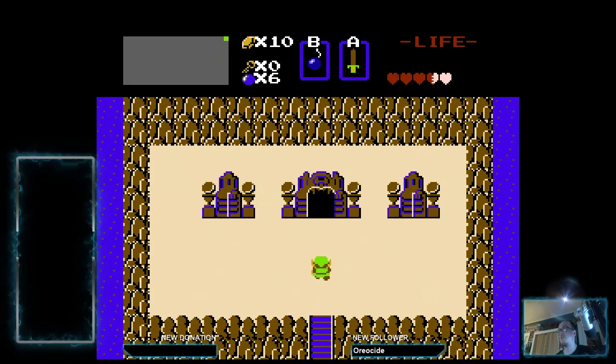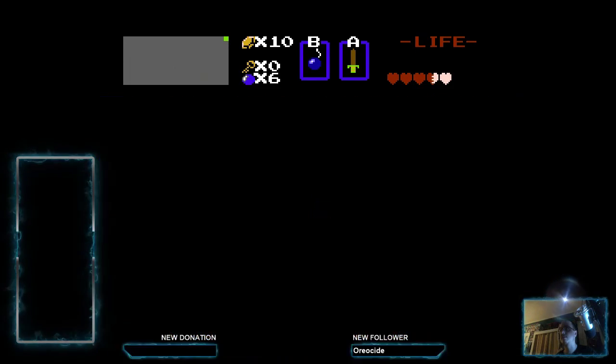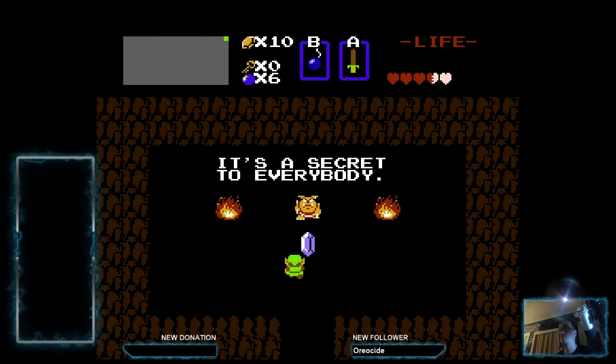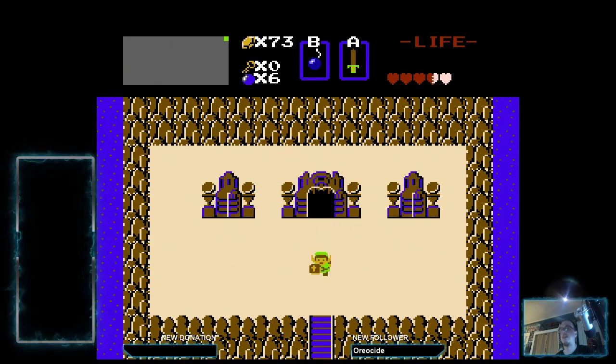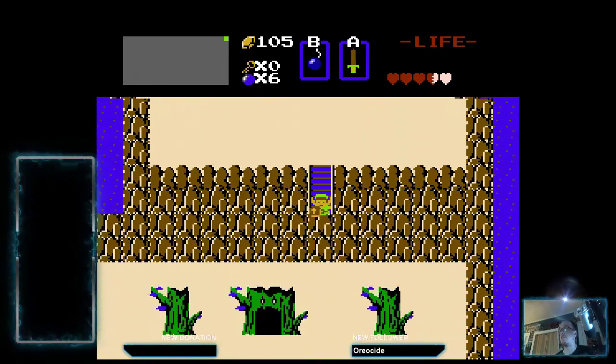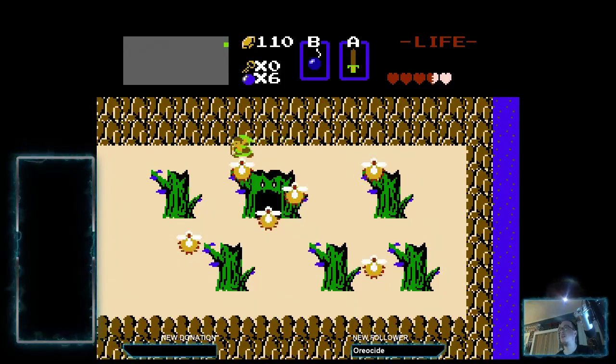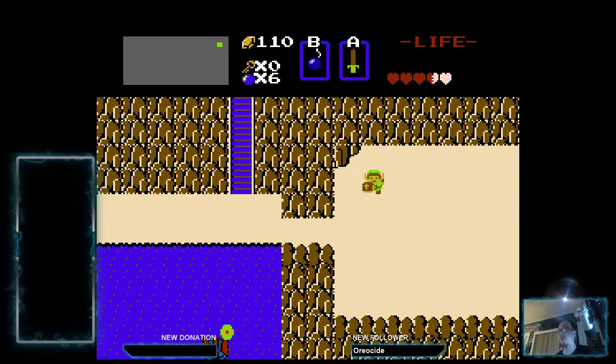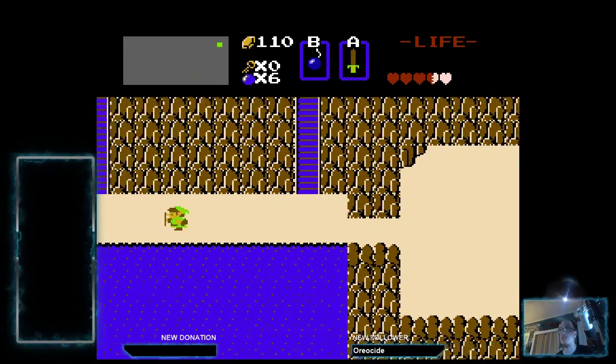It's a secret to everybody. But if we go in here... Yep, it's a secret to everybody. We come here, we actually get 100 rupees. And by getting 100 rupees, that means we have enough for the blue candle now. So I'm gonna make a trek back to one of those caves so I can get a blue candle on me. So that way we can start hunting for some of those other places for some more secrets,